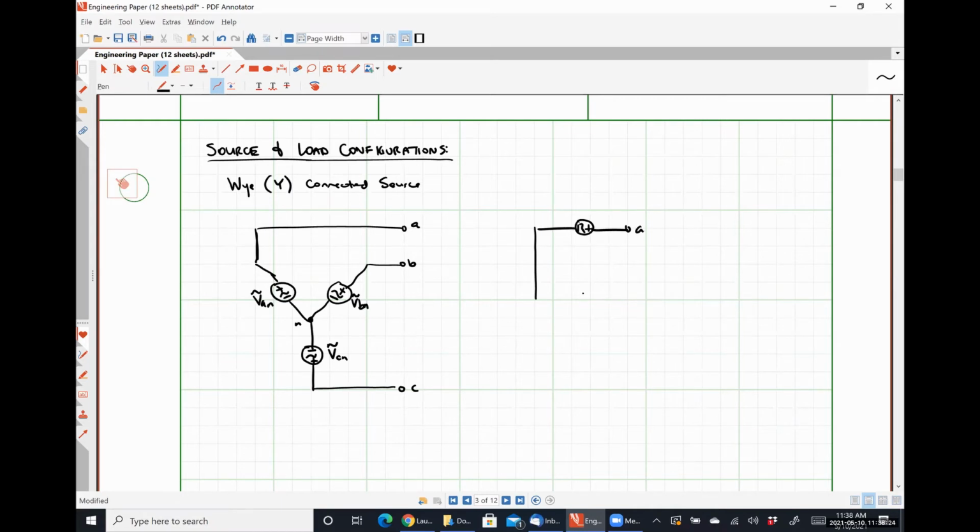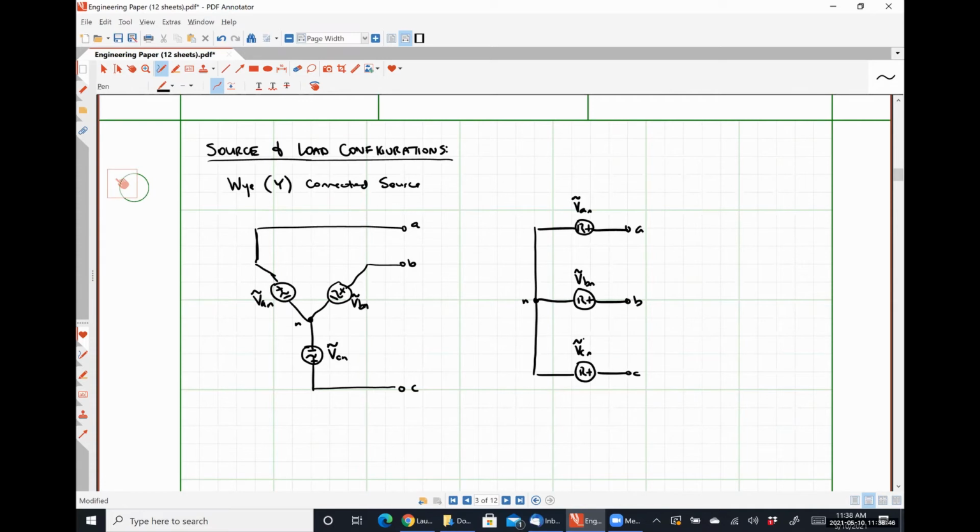We have the A phase, B phase, and the C phase. So this would be voltage VAN, VBN,